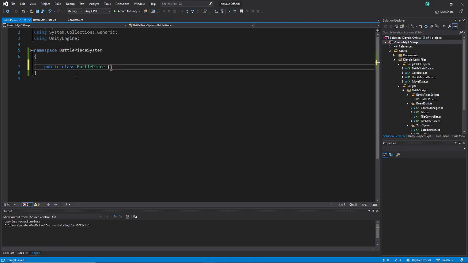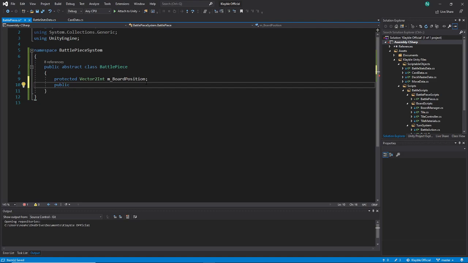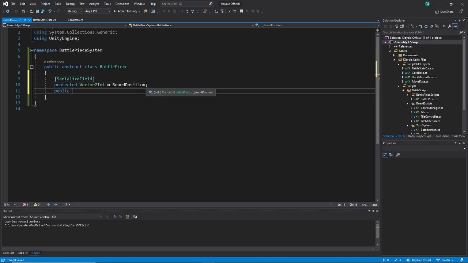So a BattlePiece again is going to be an abstract class. So what does a BattlePiece have that other things don't? Technically that's just going to be a protected Vector2Int board position. So this represents its position on the board. I'm going to use a Vector2Int because that's what I've done before. Protected, and I'm going to use my Hungarian thingy just like that. Then we're going to have its forward field, but wait, I have to make it serializable, as with